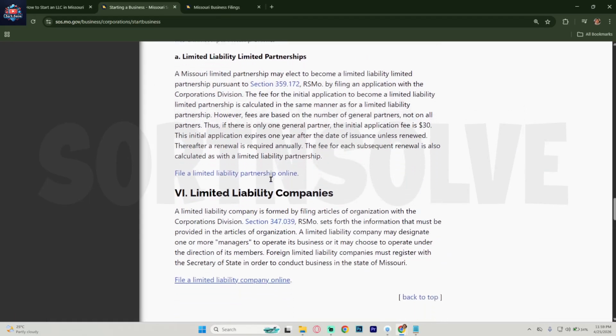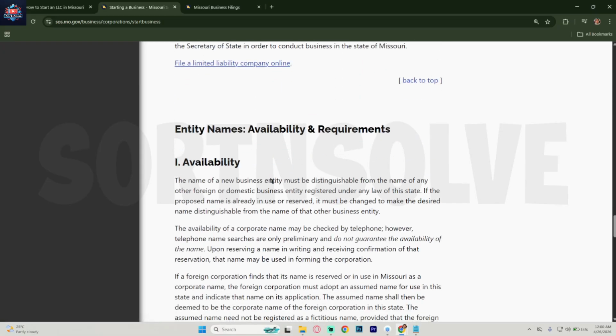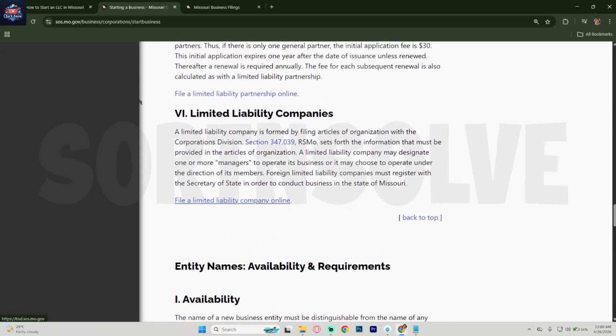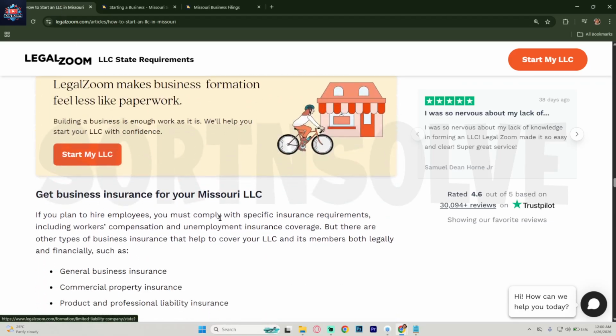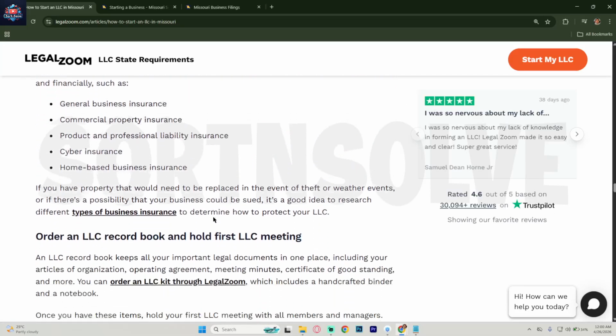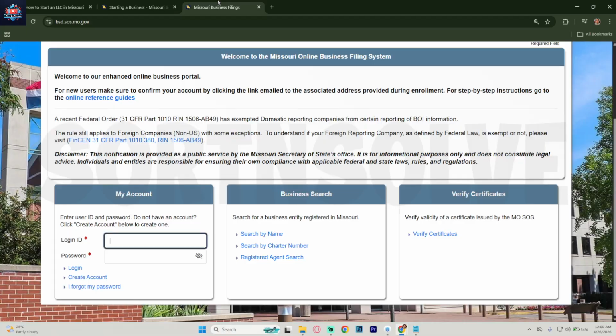So overall, starting an LLC in Missouri involves choosing a name, filing the necessary documents, setting up your structure, and maintaining compliance. Once everything is in place, you will have a solid legal foundation to start and grow your business